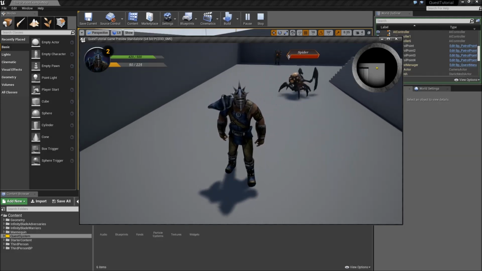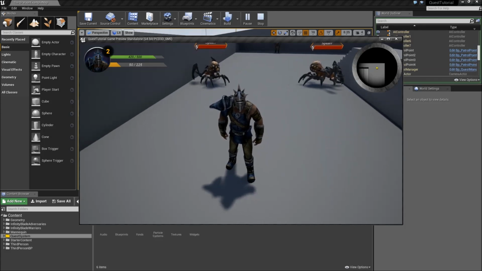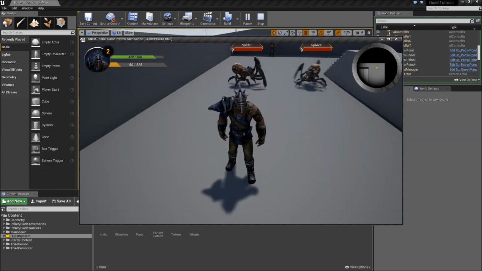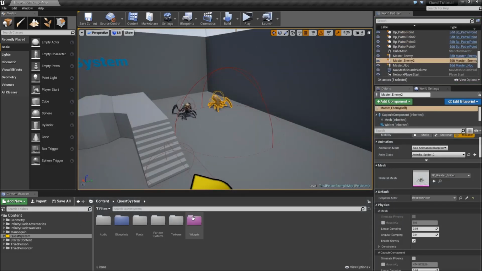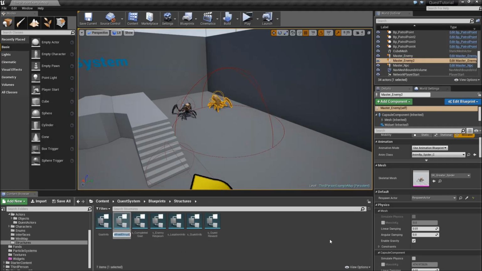First one is spawned, and then after the delay, the next one. So our respawner is basically working. Let's continue with our prestige system now. First off, we will go to our blueprints, structures, again add a new structure called